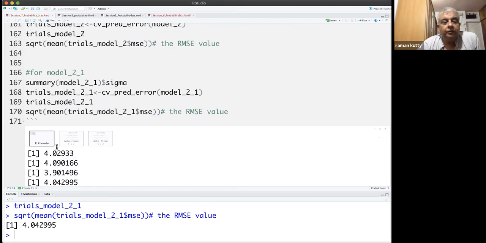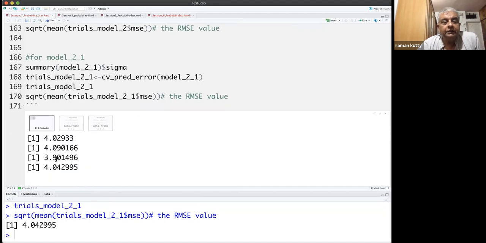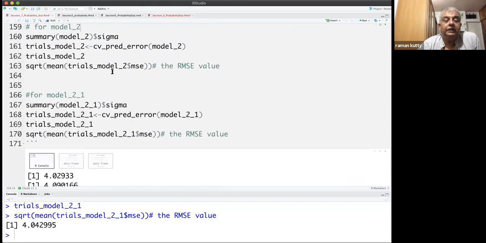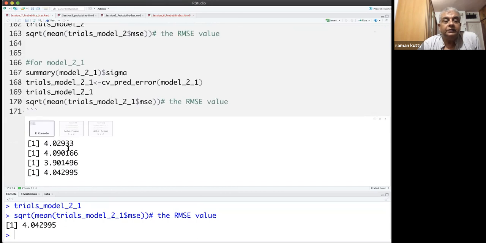So 4.02 goes up to 4.09, and here 3.9 goes up to 4.04. When we average over repeated random splits, we find that it is not as bad as we expected. It is a little bit higher than what we originally calculated.